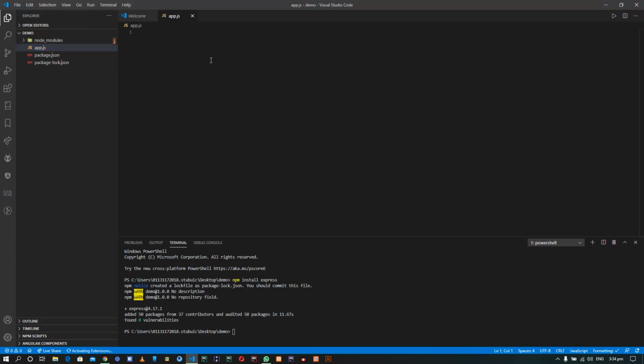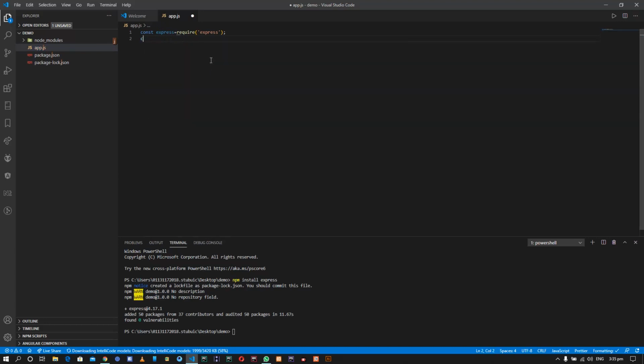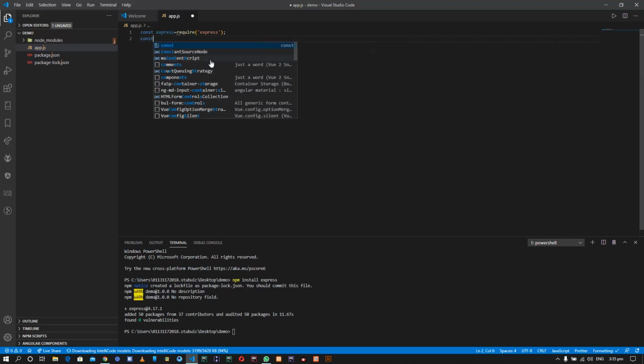In our app.js, write const app equals require express. Now make it express. const app equals express. Now app dot... Oh, I'm sorry, I'm just a bit nervous.